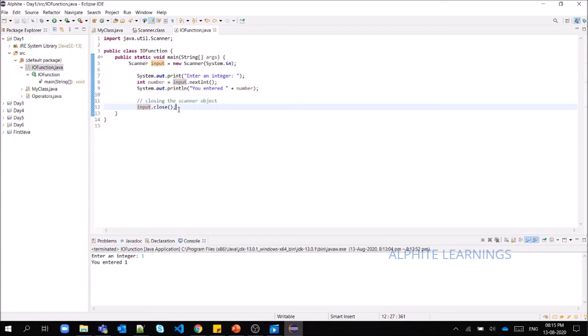In a wider view, if your objects are not closed properly, you will have memory leakage, out of memory exceptions, and many other exceptions and errors in your program, and your program will go inconsistent. Your application will go down. By having these small practices, you can avoid major accidents like application failure.